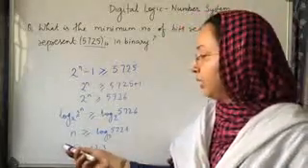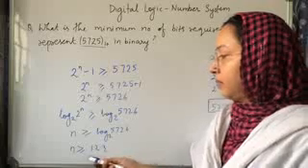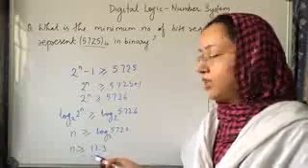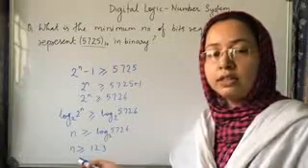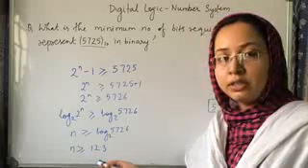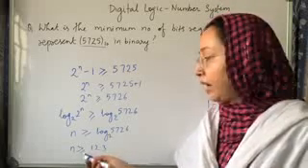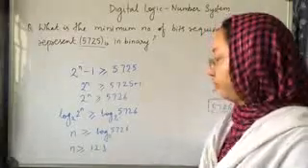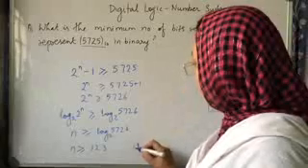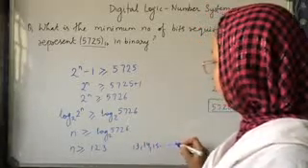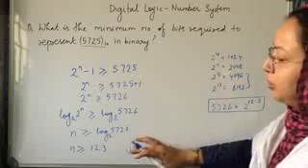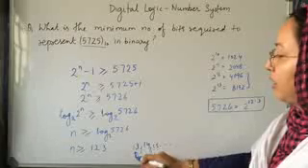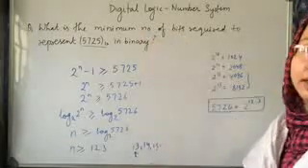Your answer should be greater than or equal to 12.3. Means n can be 13, 14, 15. Since it is in decimal, we have to take the value. N is the number of bits. We cannot take this value in decimal. Then it should be an integer value, and it should be greater than 12.3. It means it should be 13, 14, 15 and so on. Means in any number of bits you can represent this number. But the minimum number of bits will be 13.